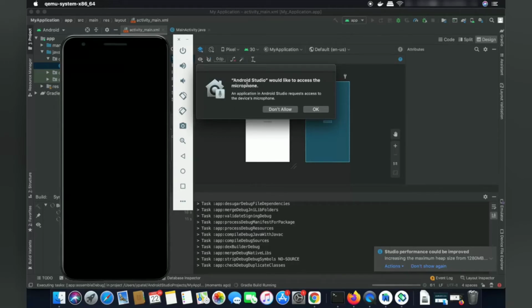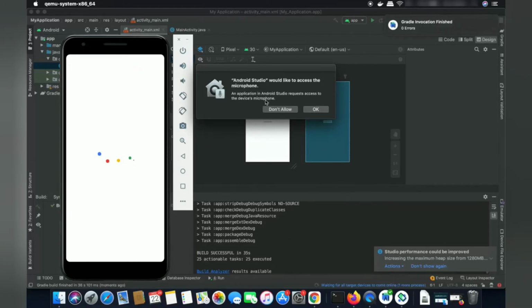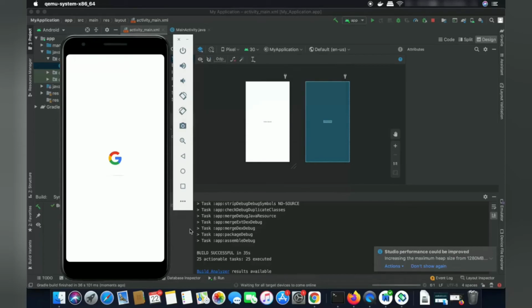Also you can see this message which says Android Studio would like to access the microphone. An application in Android Studio request access to device microphone. So if you want to allow this, you can also allow this microphone, or if you don't want to allow this, you can just select don't allow. So for now I'm going to just select don't allow,